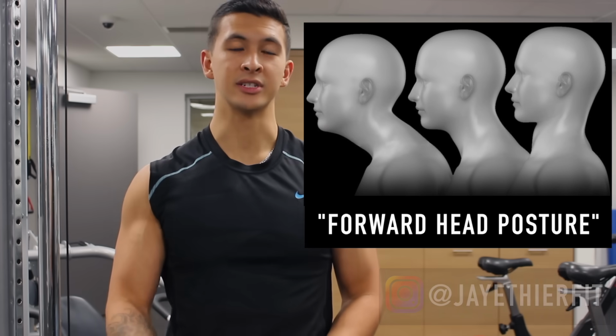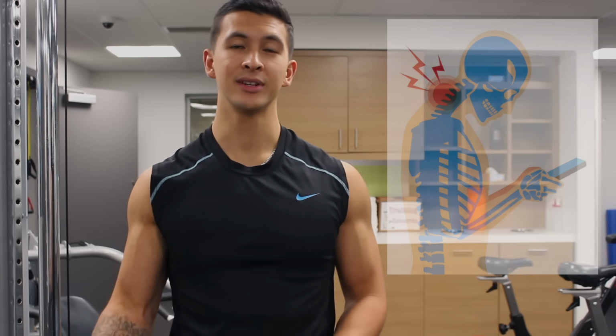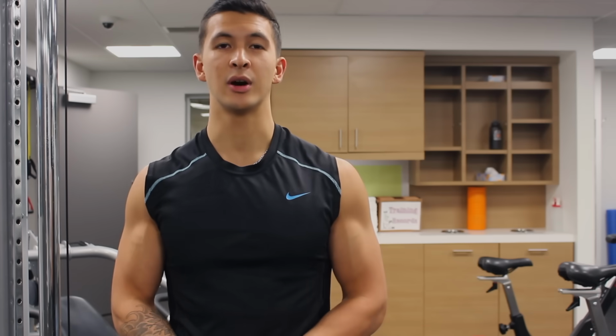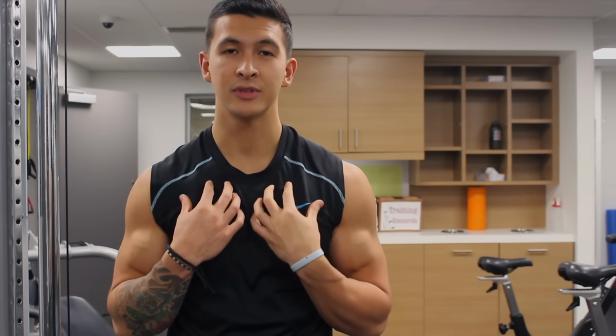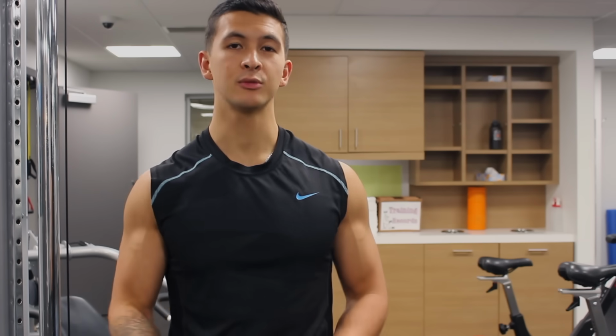Today we're going to be talking about forward head posture, which is honestly becoming a lot more prominent nowadays due to increased technology use and time spent sedentary. We usually see this posture associated with rounding of the shoulders and rounding of the upper back. This isn't always the case, but regardless, we need to address the issue of what's happening at the